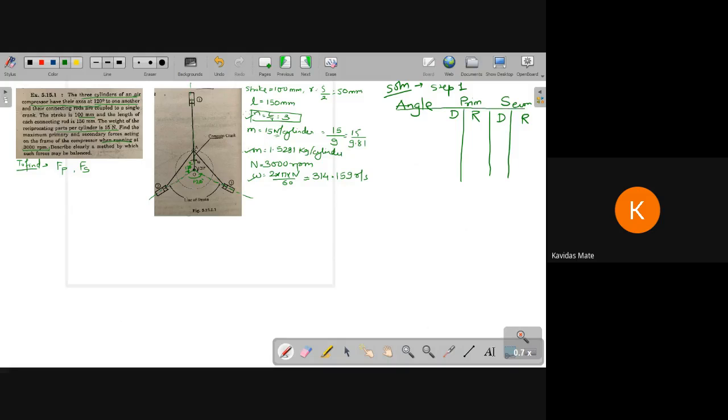This angle is nothing but the position. Angle is nothing but the positions. So this is the data that we are going to have from this one. So if you look at this particular data, okay, what we need to do is,